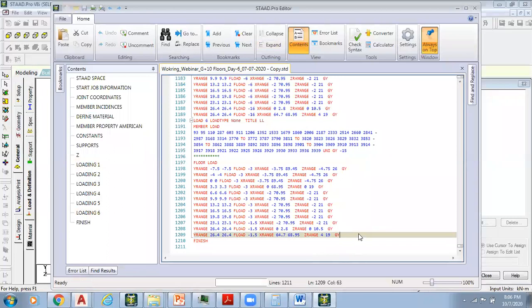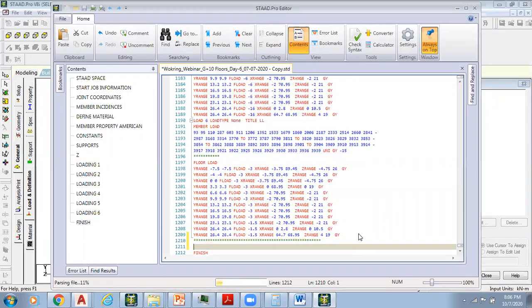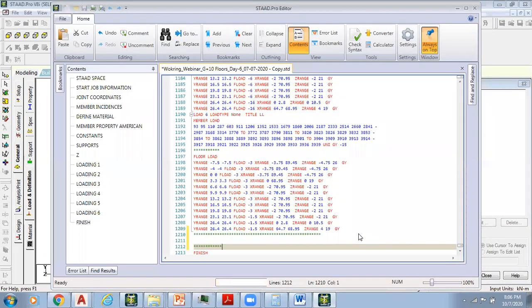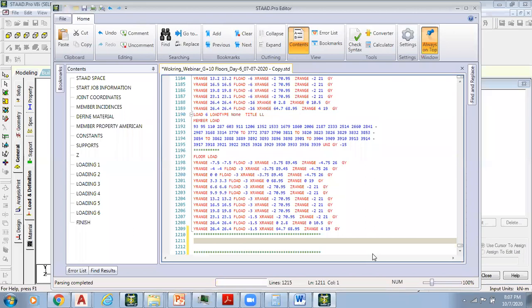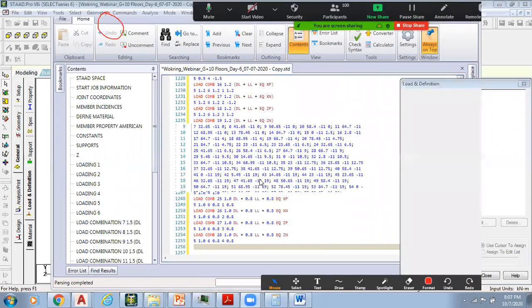Before finish, I'll make one enter here. Here I can make a few stars. One more enter, and a few more stars. The reason for adding these stars is just to recognize where we have added those combinations in the stat editor. So I can say enter and then paste them, Control V. I can close this. I can say yes.